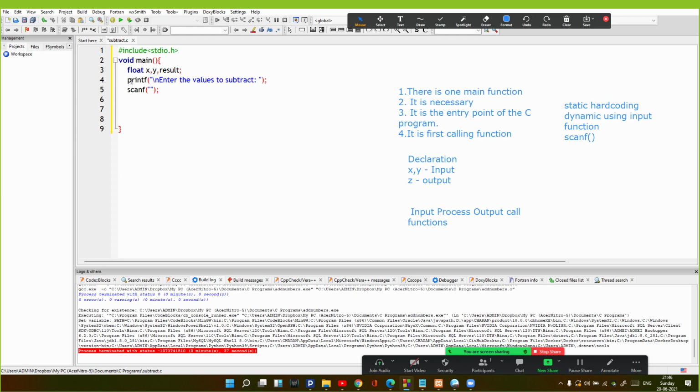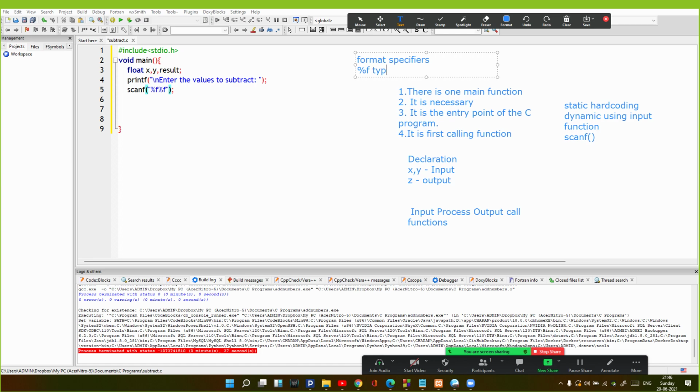Put a semicolon here. And for the syntax of scanf, syntax means how I am going to write the scanf function, I require two things. First is the format specifiers. I'll explain what format specifiers mean. Like in this case it is %f.